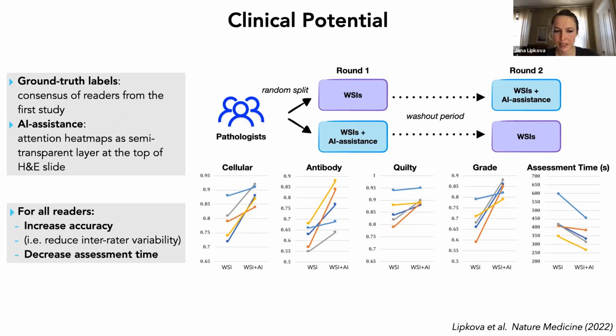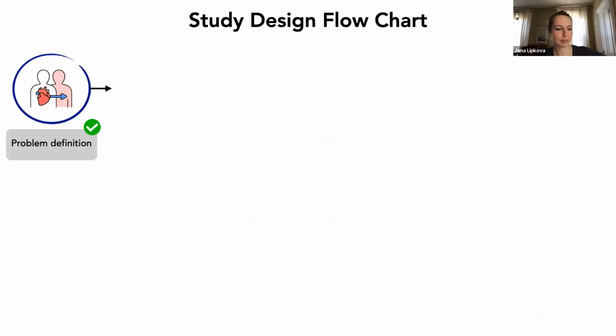Okay, so basically this example was to show that we are not trying to replace pathologists, but to see what is the potential of using the model together with a human in the loop as an assisting tool. This is my last slide. Rather than summarizing everything I did, I just wanted to show the flow of the study because I think it was a well-designed study and I would like to reuse it, and maybe it's useful for others.